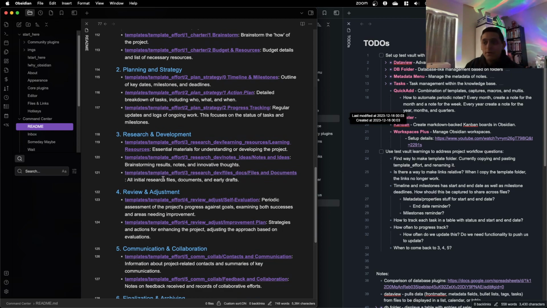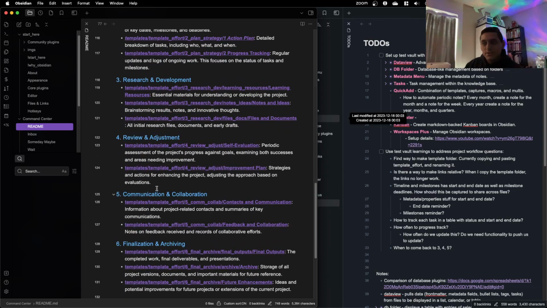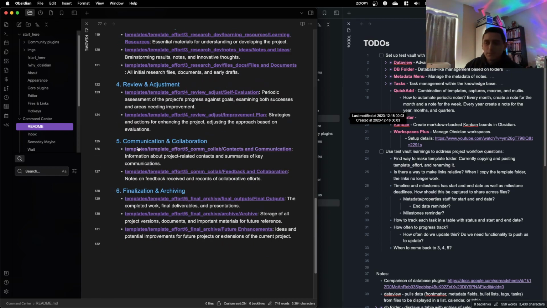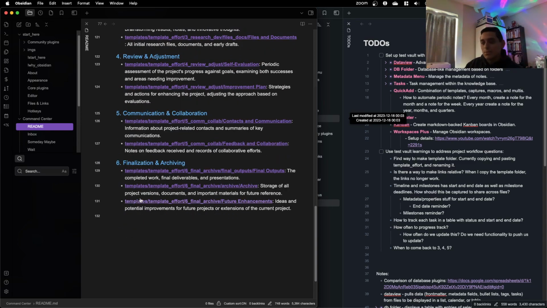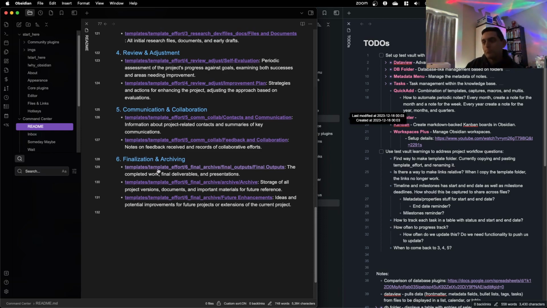So research and development, reviewing and adjusting during the project. If I'm communicating and collaborating with other people, there's a folder for that. And then once the project is done, we have final outputs. So this can be for a portfolio, or other things in the future, if you want to reference this, it's helpful for that.